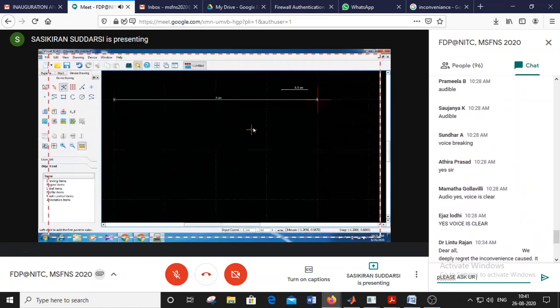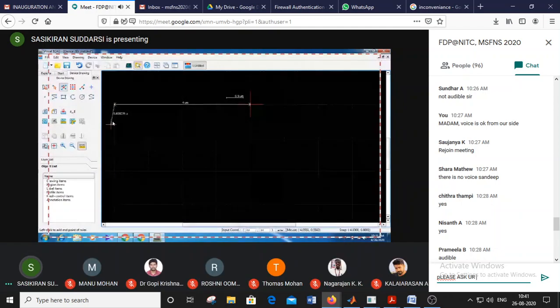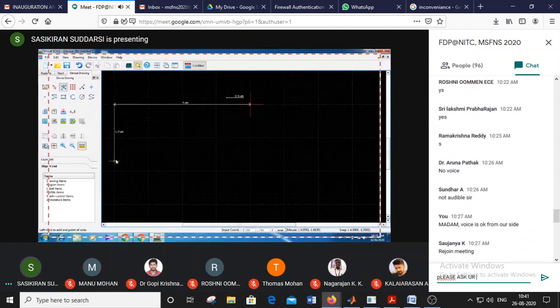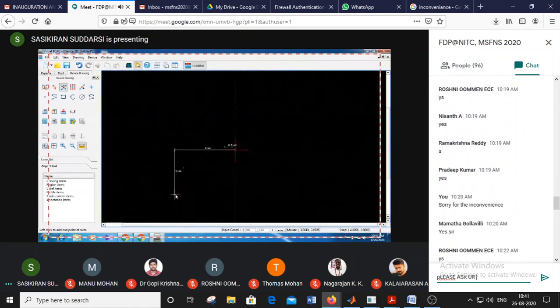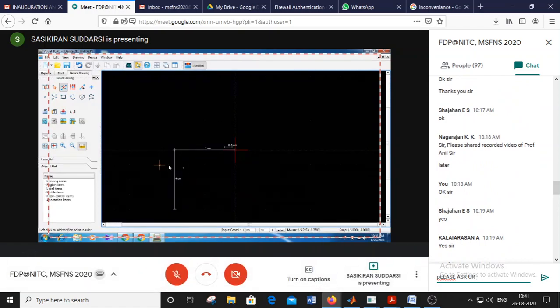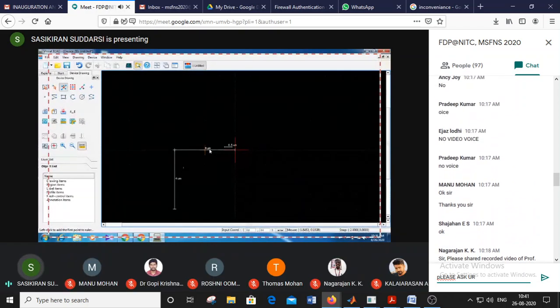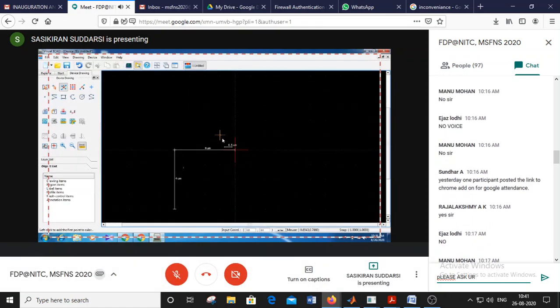And this is the L dimension, and the H dimension we will start from here. This is also 4 micrometers. Okay, is it visible? That is the marking for 4 micrometers by 4 micrometers for region 1.